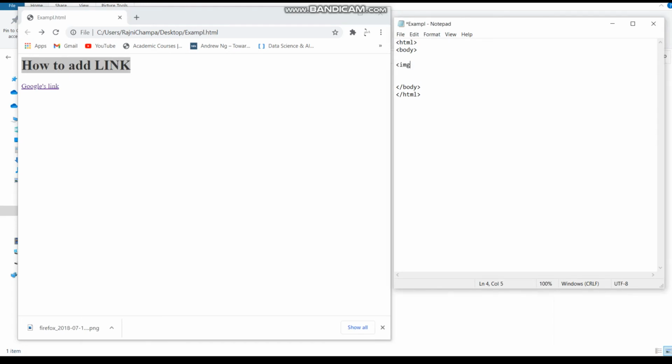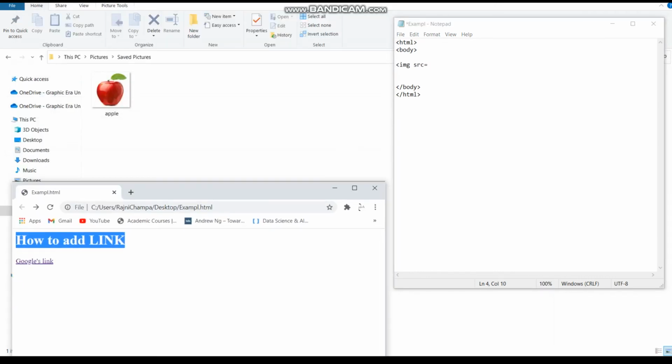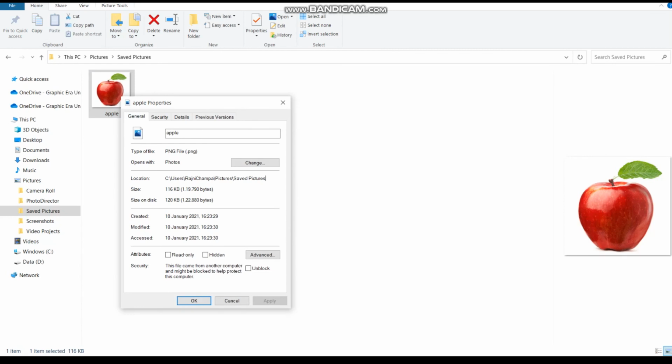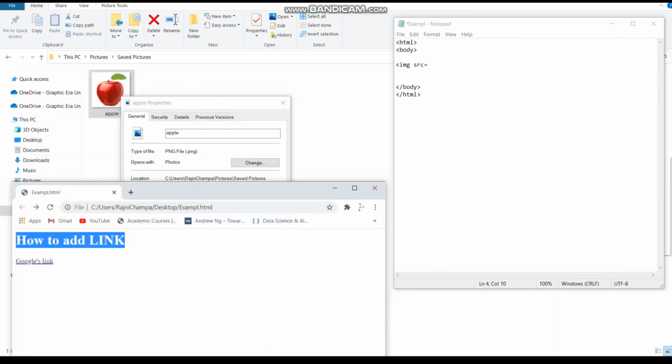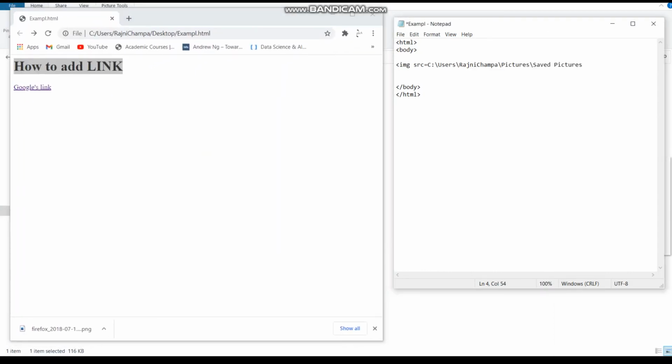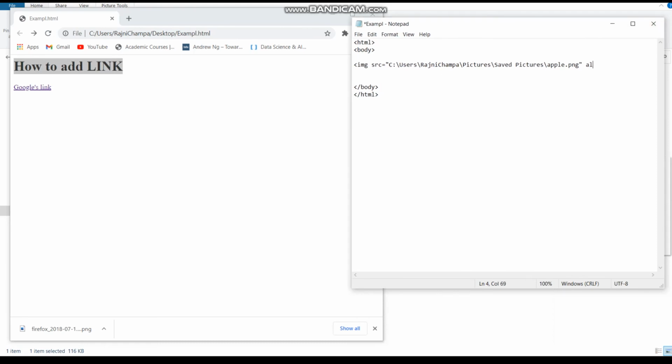Now I'm going to show how to add an image. We go into the properties of an image, copy the path from the location, and then start a tag with img, then keep the source, that is src equals, then put the path between double inverted commas. And this alt I have put here in case someone is unable to see your image, so it would show what I have given after alt, that is alternative text.